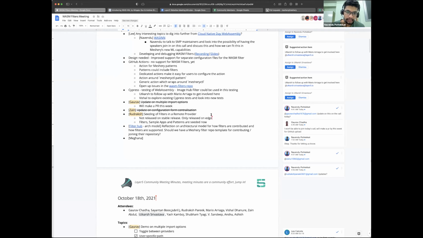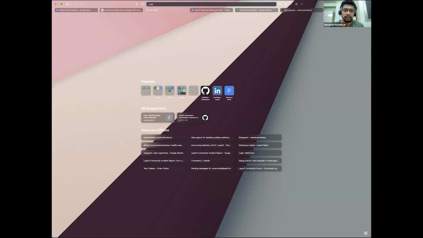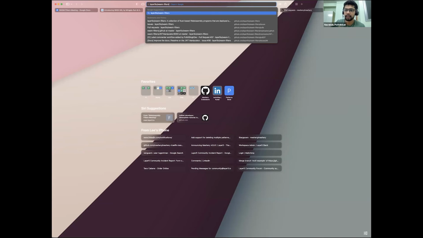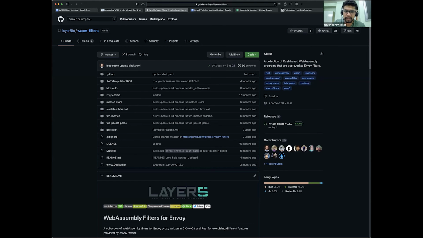The last topic is on Filter Hub and whether we should have a repo template for creating new filters or for people to contribute new filters in Meshery. So as we showed earlier, Lee, if you could go to the WASM filters repo, we have a collection of WASM filters that we are using, and we also have some seed content as well, which are filters.